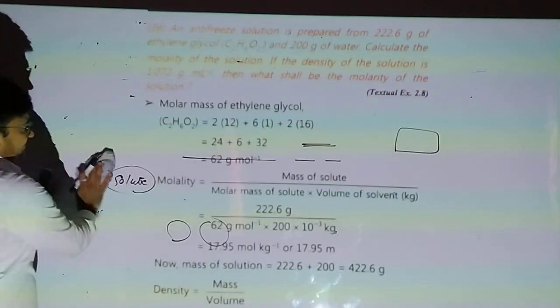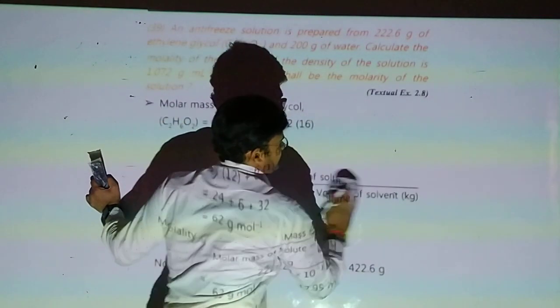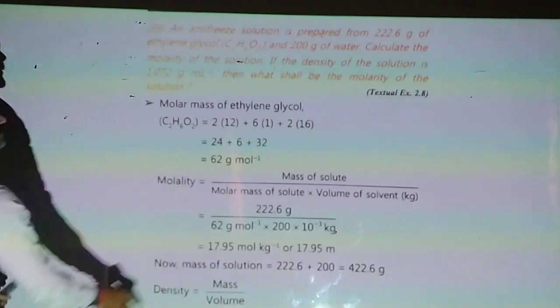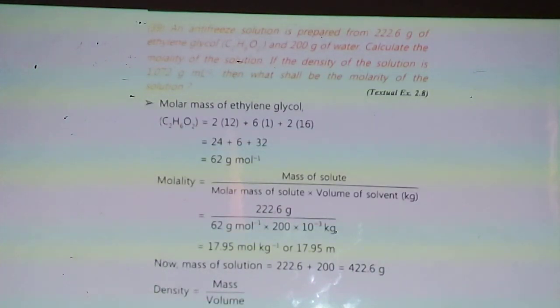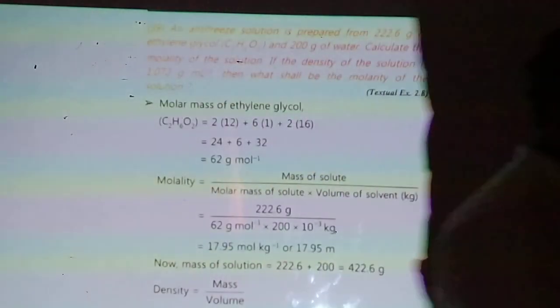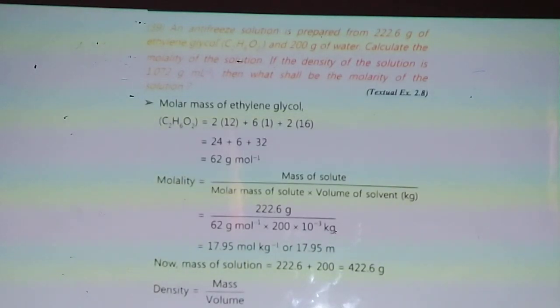Now 2.8. Example, an antifreeze solution. Antifreeze means